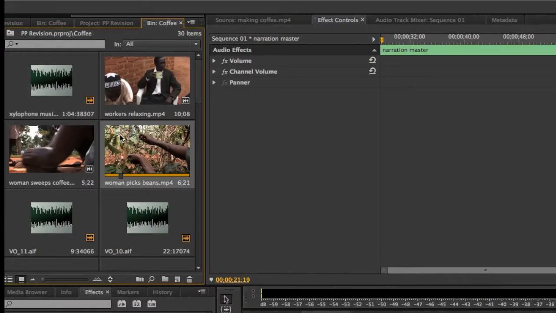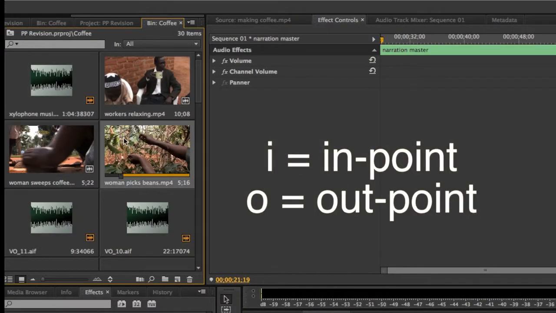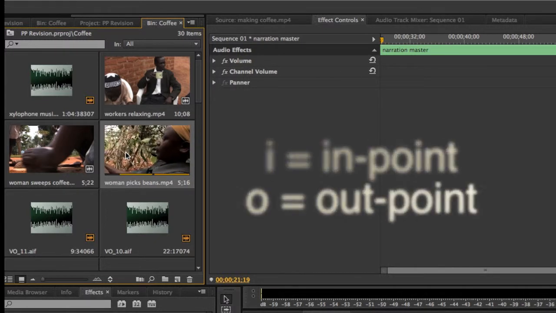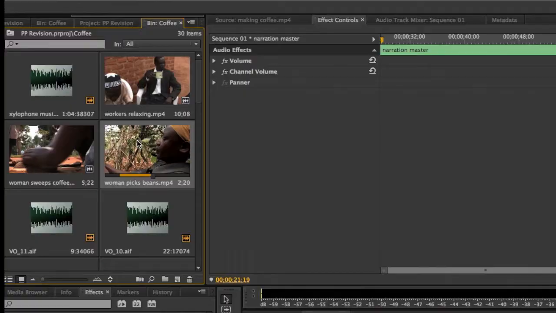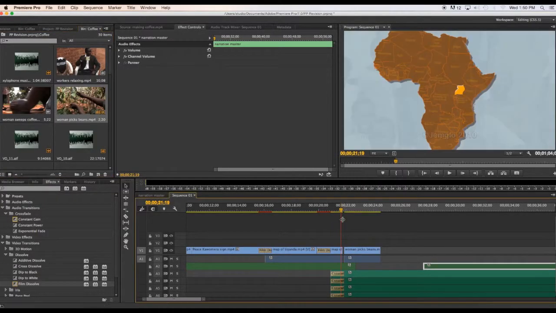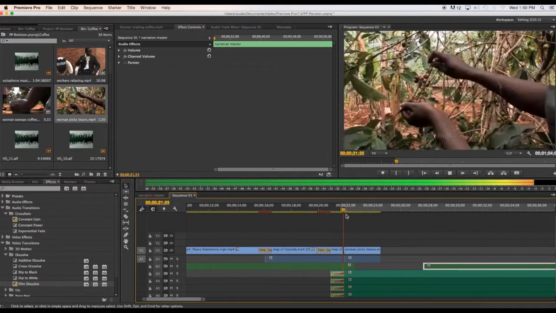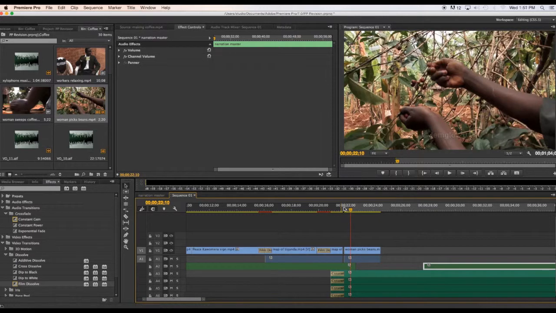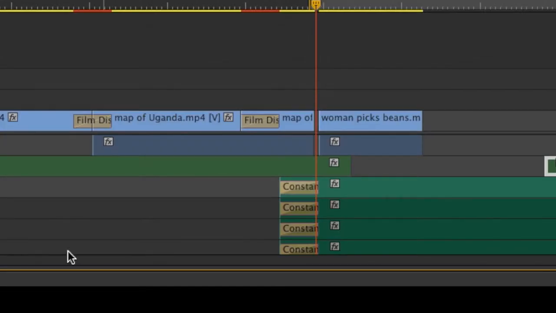So if I select a shot, I do I for in, I play, O for out, then I grab and drop this shot, so I've made selections. I have a drop frame here. You can see that there's an emptiness here. I'm going to zoom in